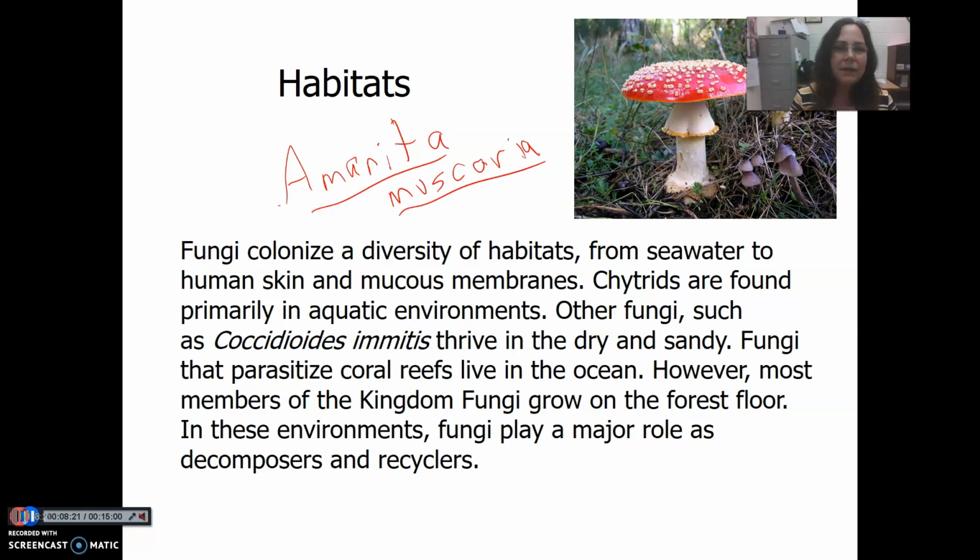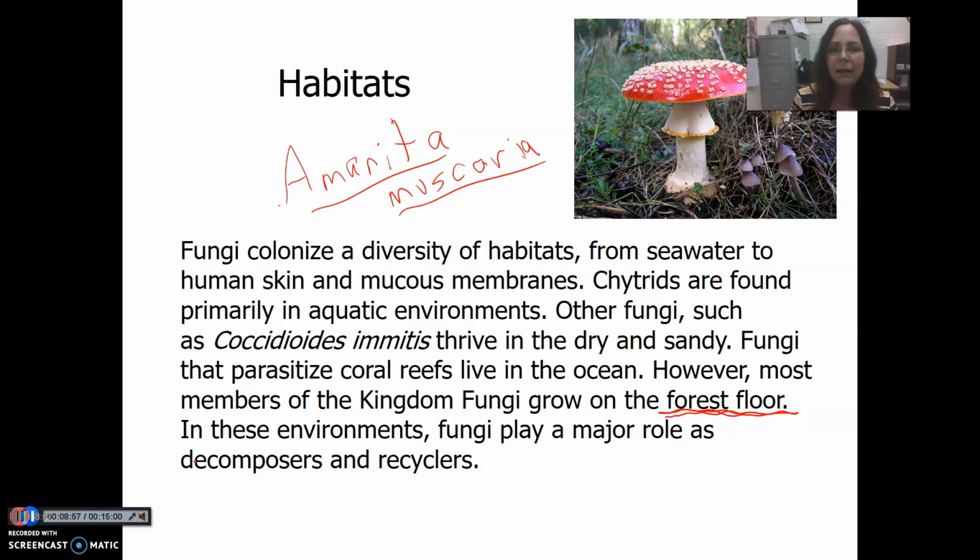It's talking about here that fungi can be found in a lot of different habitats. Primarily, we're going to see members of the kingdom fungi on the forest floor, where they play a major role as decomposers in nature. But there are some fungi that can cause infections in humans, in human skin and